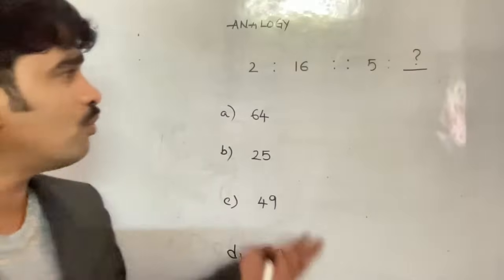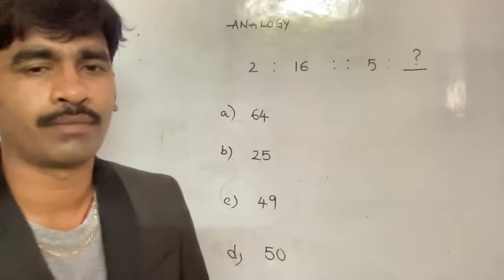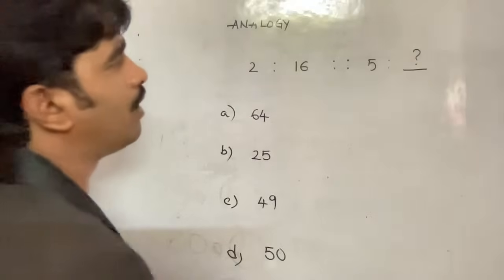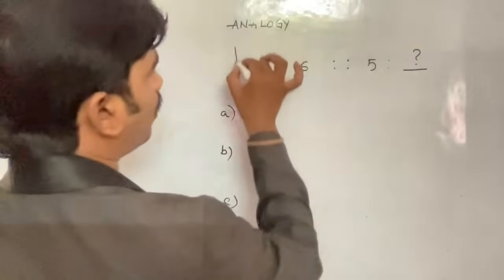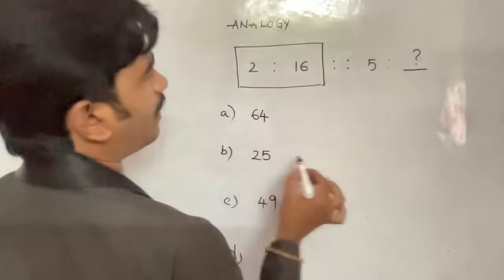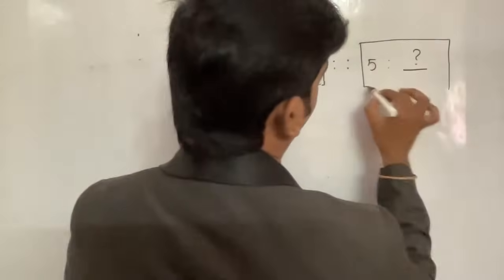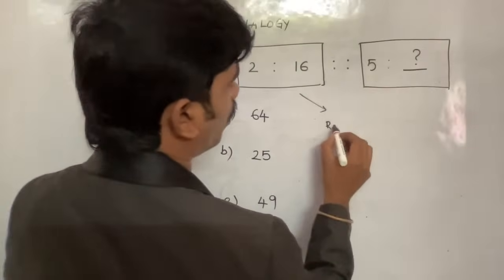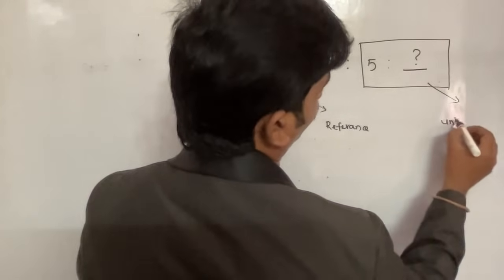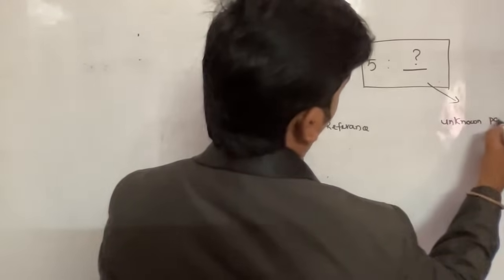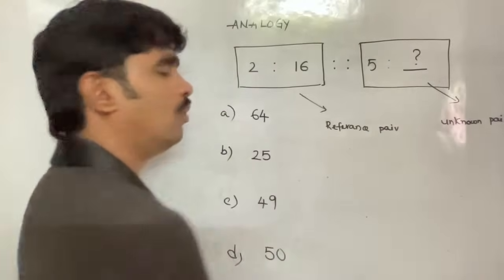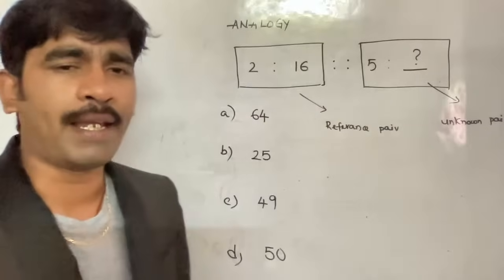So please observe how to deal with analogy questions first. Analogy questions, you can solve like this. For example, any question of analogy has two pairs. The first pair, we call it the reference pair. And the second pair is called the unknown pair. For all the questions. So in the reference pair, what we have to do is look at the reference